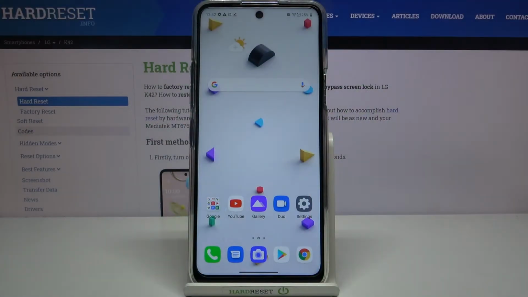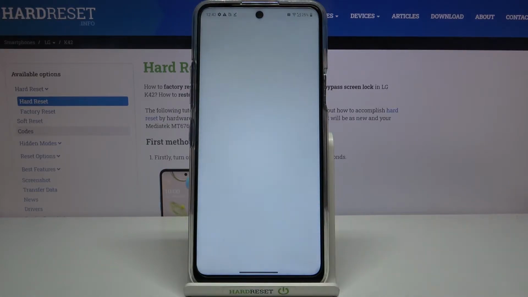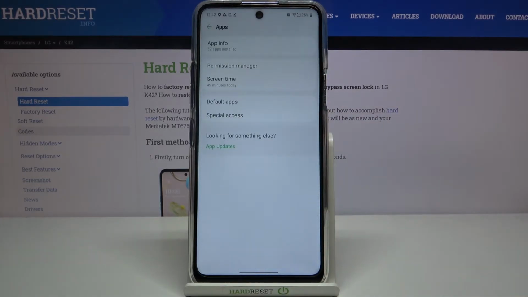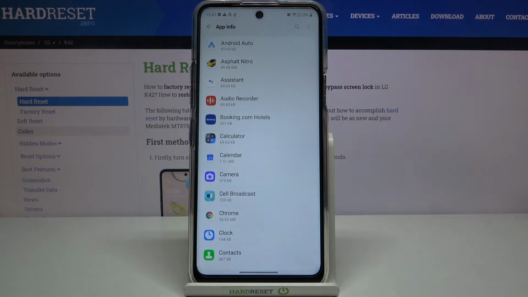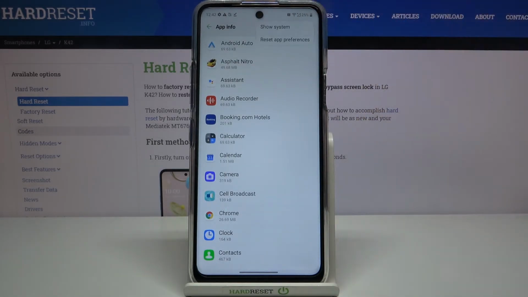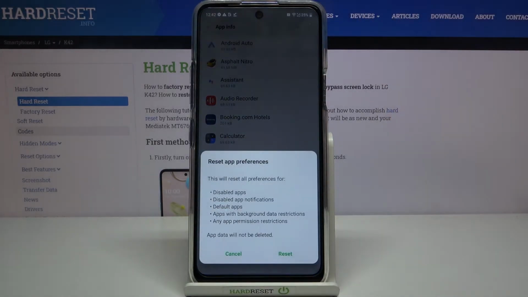Hi everyone, here we've got LG K42 and let me show you how to reset app preferences on this device. So first of all we have to enter the settings, and now let's scroll down and tap on apps. Now let's tap on app info and choose this three dot icon in the right upper corner. And as you can see here, we've got a reset app preferences option, so let's tap on it, and now